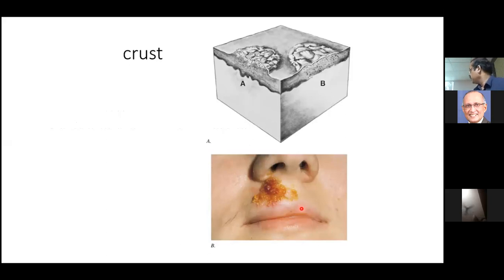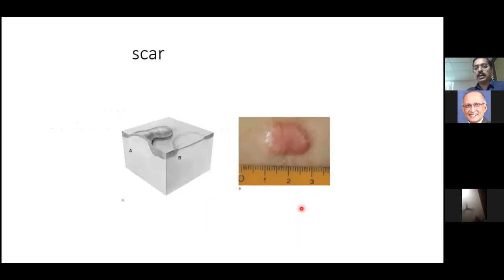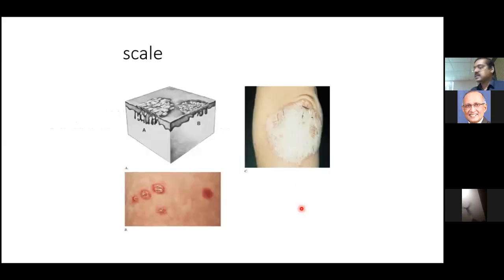There's no bulla there, but you can just call it an impetigo. So honey colored crust is characteristic of impetigo. Scar, this is probably a keloid. And a scale, which you see in psoriatic lesions, you can see in pityriasis versicolor, you can see in pityriasis rosea. So pityriasis means scaly, or even if you say squamous, it means scaly.